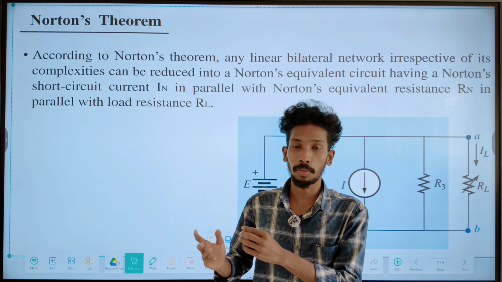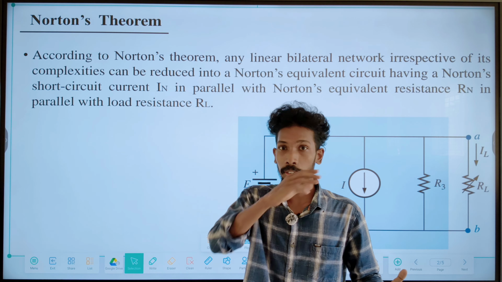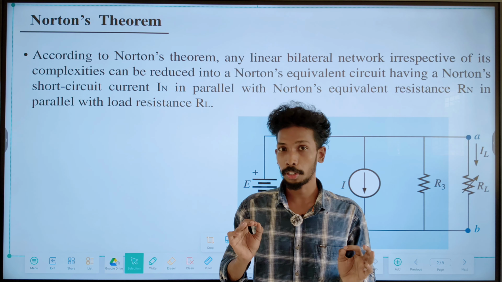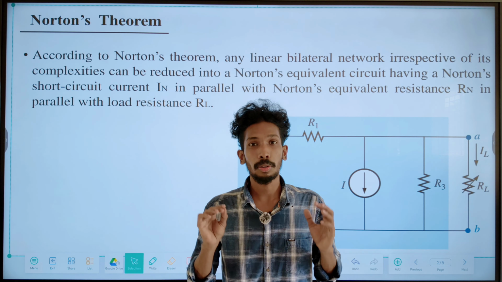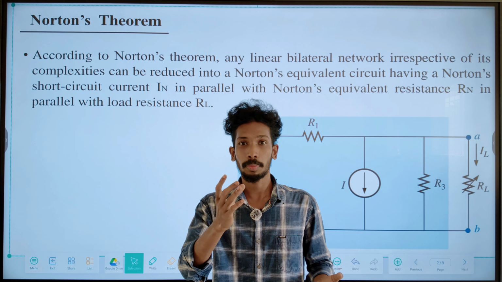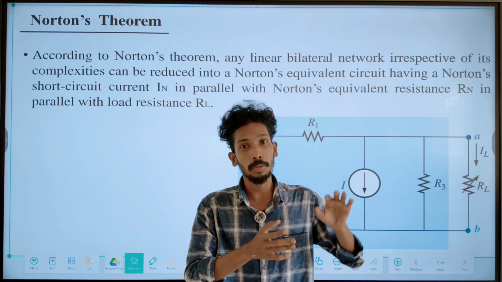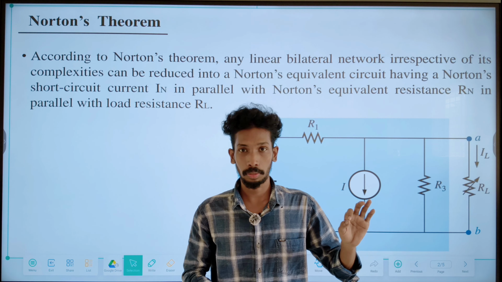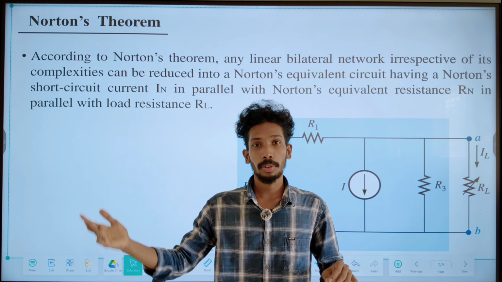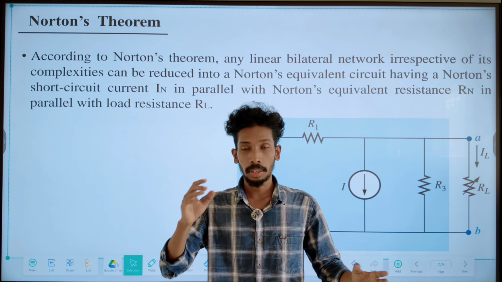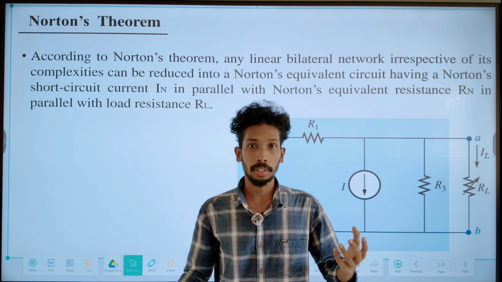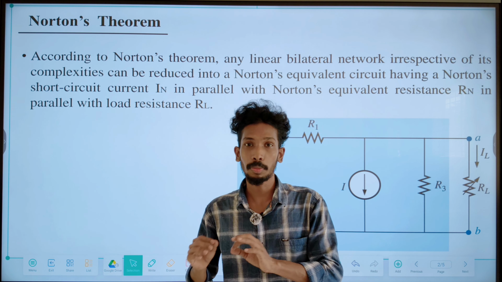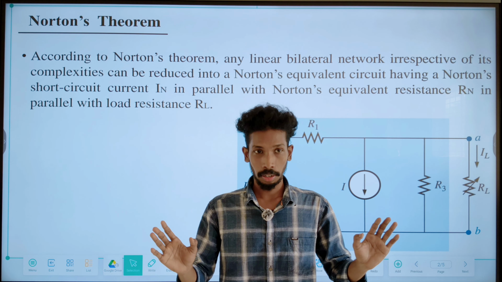In Thevenin's theorem, we find the voltage across the two ends, that is our Thevenin's voltage. But in Norton's theorem, we will not do that. We will find out the current flowing in that load resistor. That will be our Norton current. And again, we will find out the current flowing after the reduction of the circuit. When we make a simple circuit, at that time we will find IL,